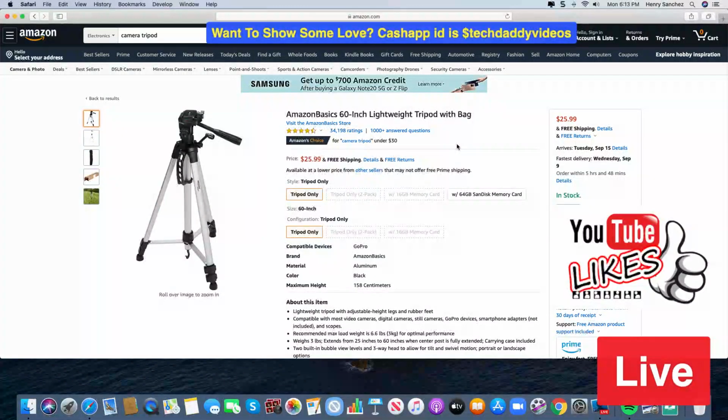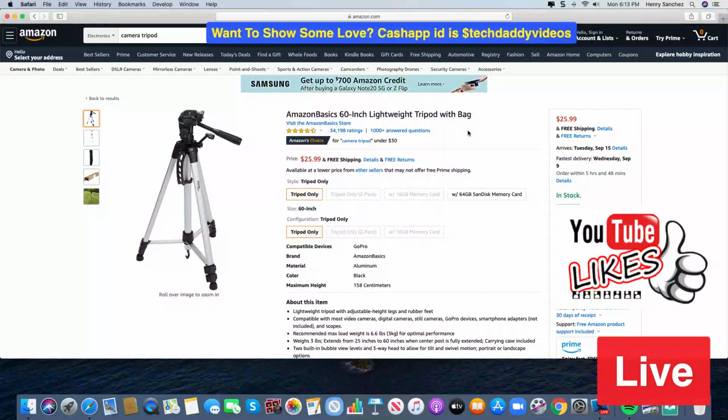So you want to kind of keep it within 5 keywords themselves. Obviously, Amazon Basics is one of them. 60-inch, lightweight, tripod are the others. And this is how this particular listing was found. Now, if it had a lot more keywords, then it'd be picking out more keywords out of the title itself.